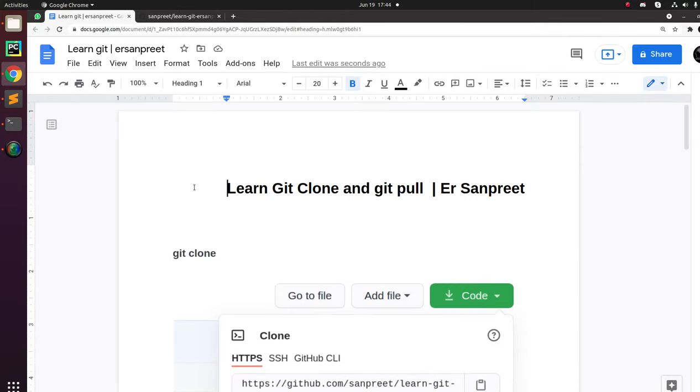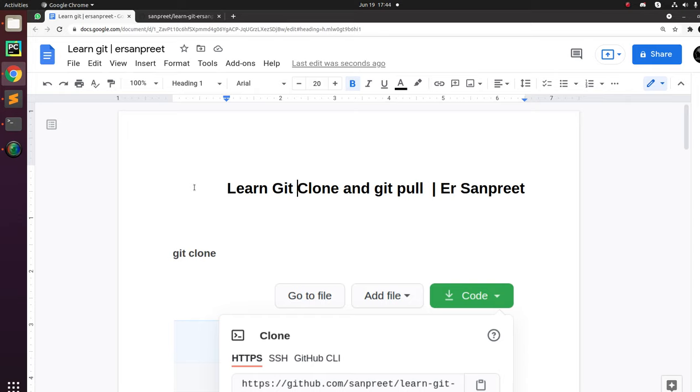Before that, why do we need a version control like Git? When we work in a collaborative environment with teams working on the same project from different members of a team, it is very important to keep all the code in a centralized server. And there comes the use case of version control. You might use GitHub, GitLab, Bitbucket. The choice is yours, but the basic concepts would remain the same.